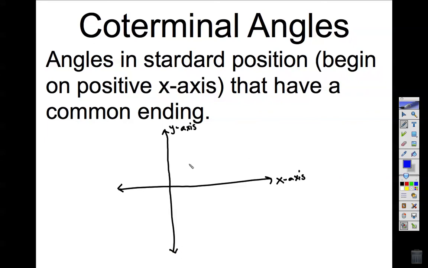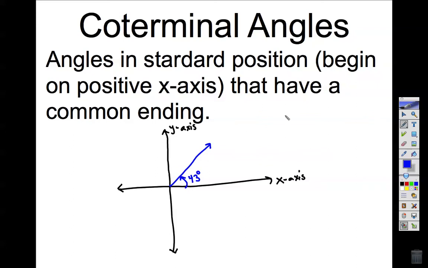When we have an angle that is measured, let's say that is 43 degrees. This is an angle in standard position. It begins on the positive x-axis. We're going to find